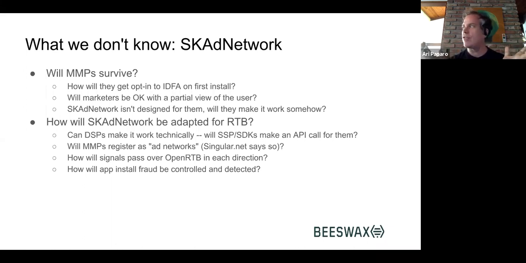So if the average opt-in rate is, say, 40%, 40% times 40%, you end up with a 16% match rate for MMPs on Apple. That's pretty bad. So there are a lot of questions for MMPs. One is, how are they going to get the opt-in on first install? They want to get it as soon as possible after the user installs. But as we talked about two slides ago, app providers are going to be very careful about when they ask for the IDFA permission to maximize the ability to get it, which is probably not on first install. You don't want someone to install the app and suddenly get a warning. You want to wait until they see some value.